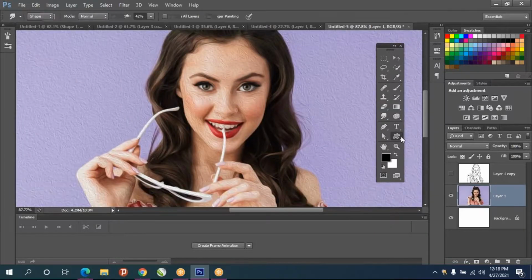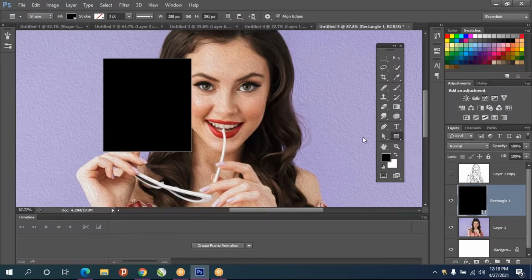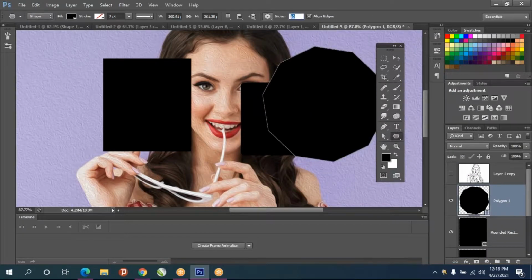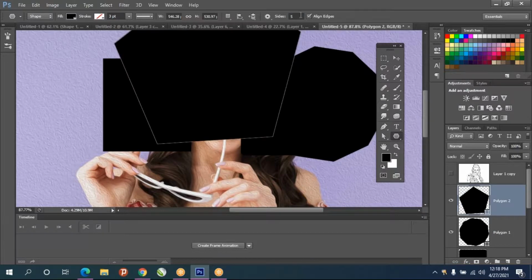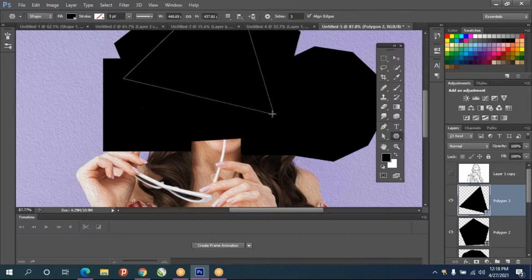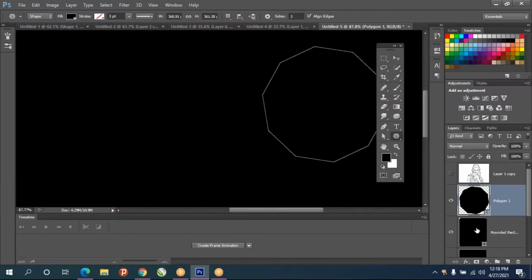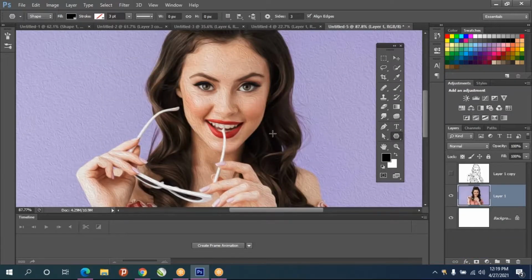Other than that, you can always use basic shapes, but this is not for selecting. This will create one new object as a new layer. And for polygon, you can always increase the polygon size at the top. Suppose if you want 5, you can give 5. What is the minimum number of sides? 3. Less than 3 you can't create any shape, because it will become a line. And this will always be created as a new layer.